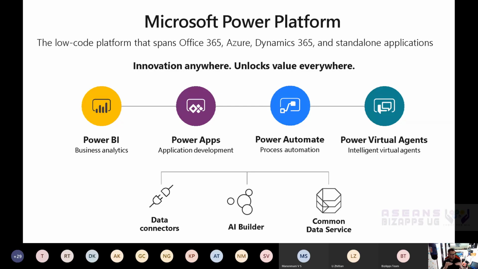Dynamics 365 is built on this exact technology, okay? If you had enough time, money, and patience, you could rebuild the sales app. It would be naughty, but you could do it, okay? Now, when you're looking at these four core areas, everyone's like, oh, the Power Platform is four little bubbles, and